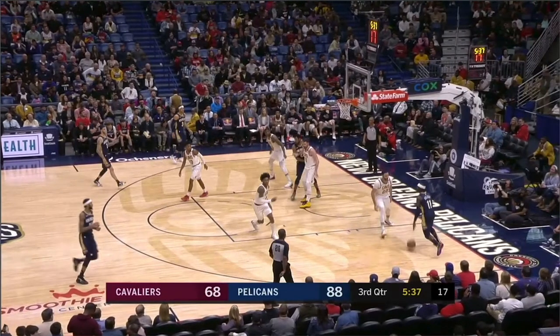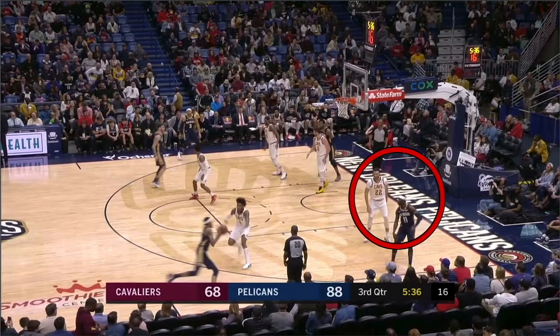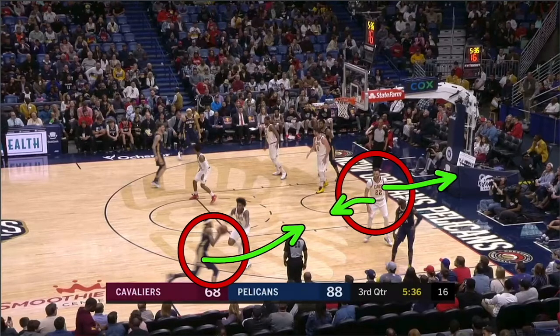We got a defensive clip here. This is so bad. All right. The Pelicans throw the ball here to Brandon Ingram. What is this player for Cleveland doing? Why is he going towards the three-point line? First of all, the ball's here, okay? The shell drill, the most basic drill in basketball that you run at every level, okay? You're in the corner. Your back is towards the baseline, okay? So you're in the gaps defensively. When this player comes through, you can just stunt. You don't have to move.